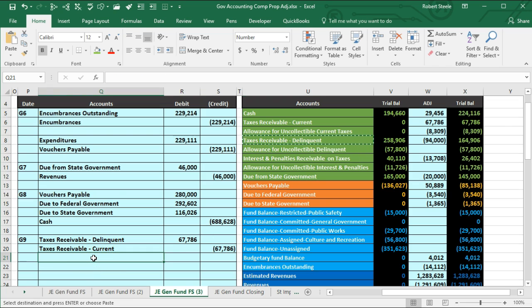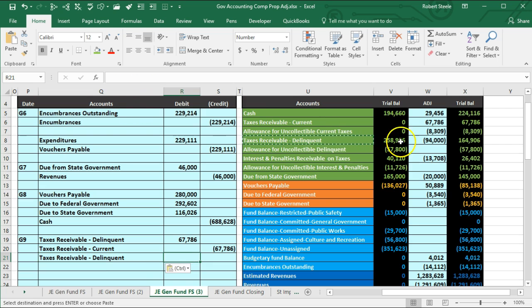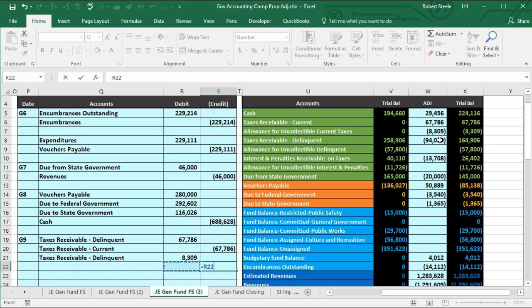Note that I'm not putting the debits on top in this journal entry. I'm kind of thinking it through with what makes the most sense to me to think the transaction through. Right click and paste it 1, 2, 3. The amount will be 8309. So 8309. We're going to credit the same 8309, and that credit then will go to,